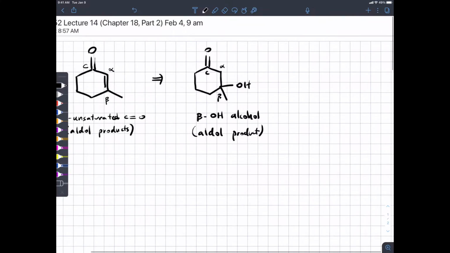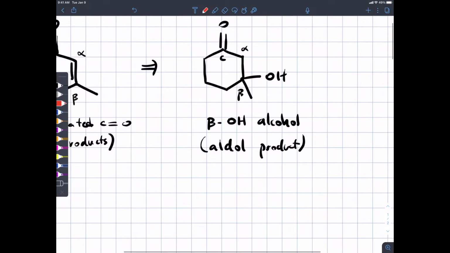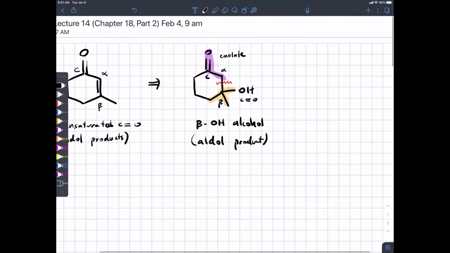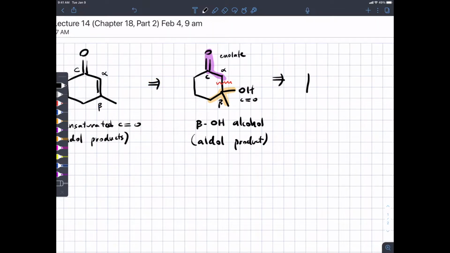And recall that the bond we make in an aldol reaction is this one between alpha and beta carbons, where this section would have been the enolate, and this section would have been the carbonyl compound. Okay, so if we split that up there,